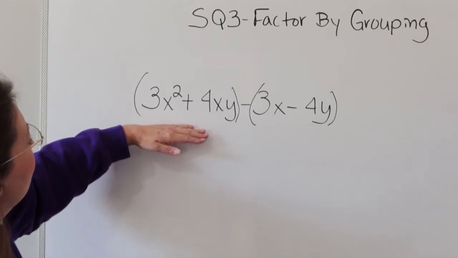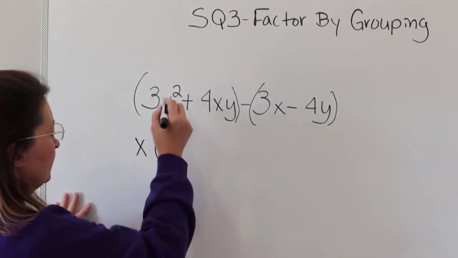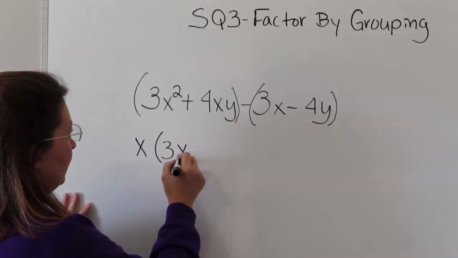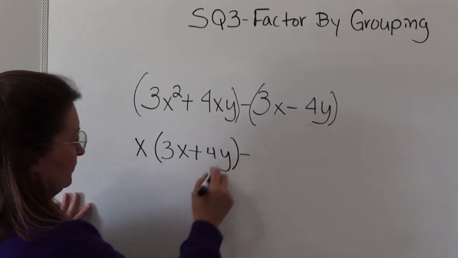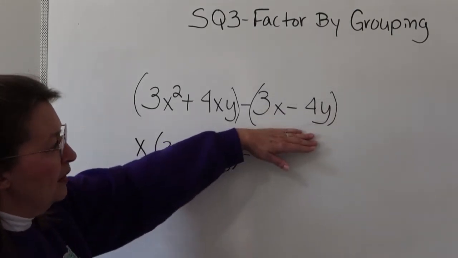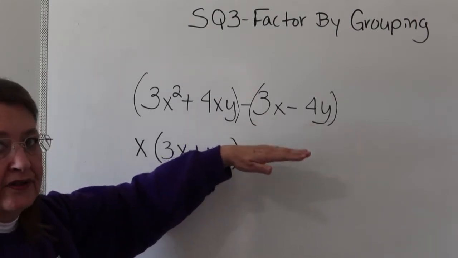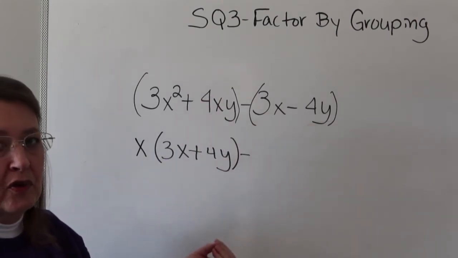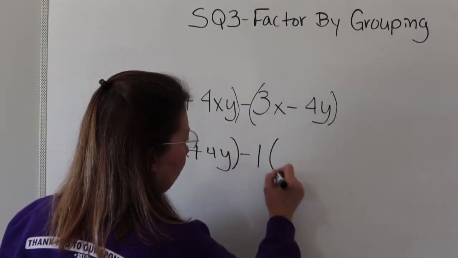The greatest common factor here is going to be x. When I factor it out, I'm going to get 3x plus 4y. Alright, now this one doesn't look like it has a greatest common factor, but it does, 1. You can always pull out a 1. So if I take a 1 out of this